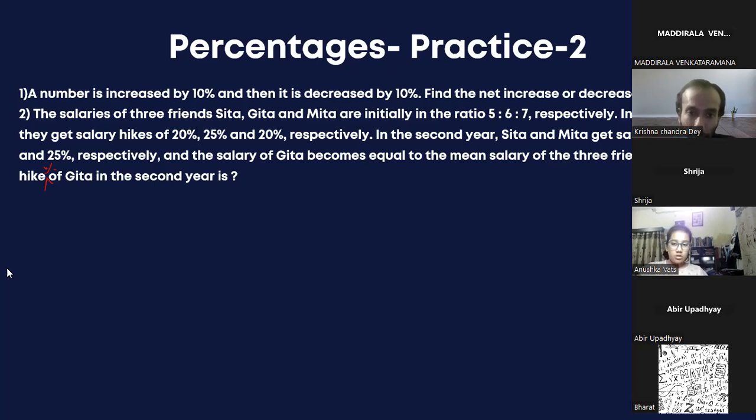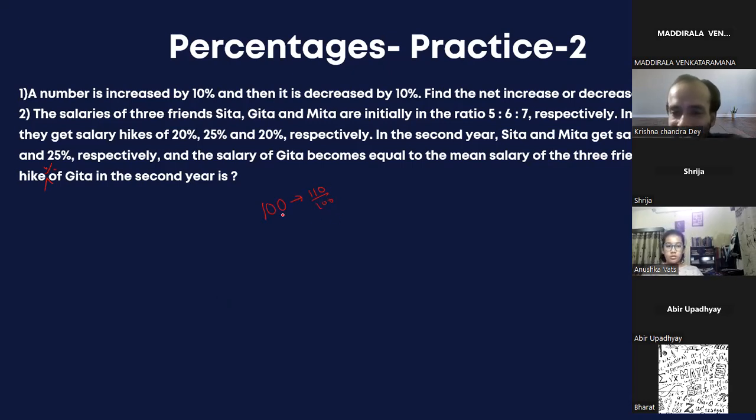See, let me now show you. Okay. A number is increased by 10%. Let me assume that number is 100. If I increase by 10%, it is 110. Abhay, you wrote in percentage or absolute value? Percentage. No, that is not the percentage. I thought it's absolute value by taking 100 if you have done.